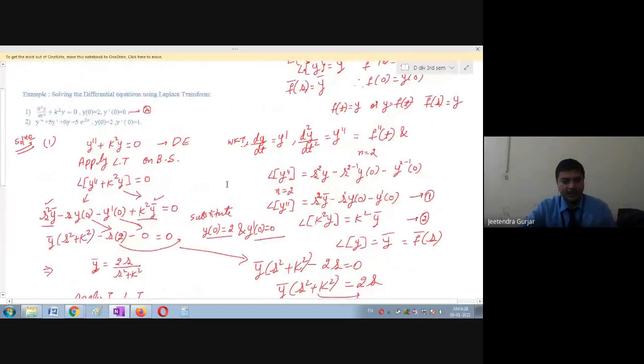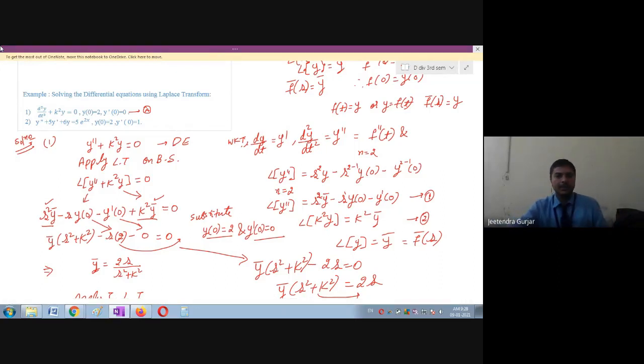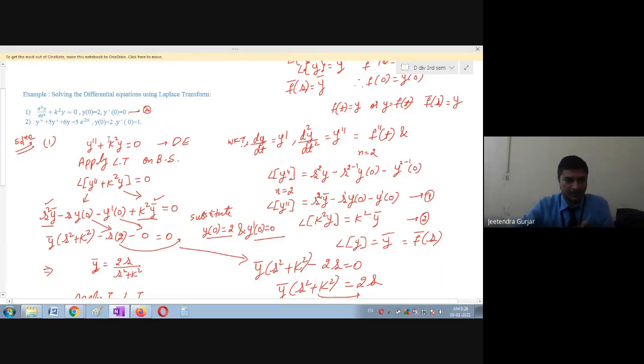I'll repeat this example. Everyone stop writing, concentrate on the screen, don't look here and there. Sit in one place and look at the screen. You can see here, first very very important step, write the correct question. Many of the students, what they do in the exam, they write the wrong question and solve it, and then they say that they have written it right. But see, first step, write the question properly. Then apply Laplace transform. So first step, apply Laplace transform. This is step one.